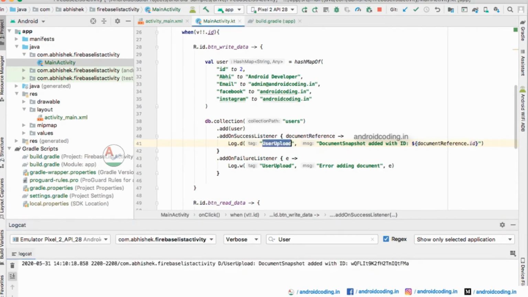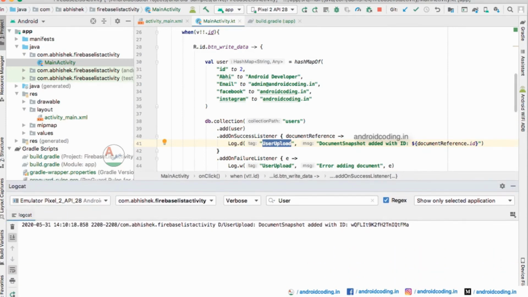Don't worry, the code will be provided in the description section below. You need not write the code. You just listen to this tutorial first. If you understand this, in future you can write it yourself.